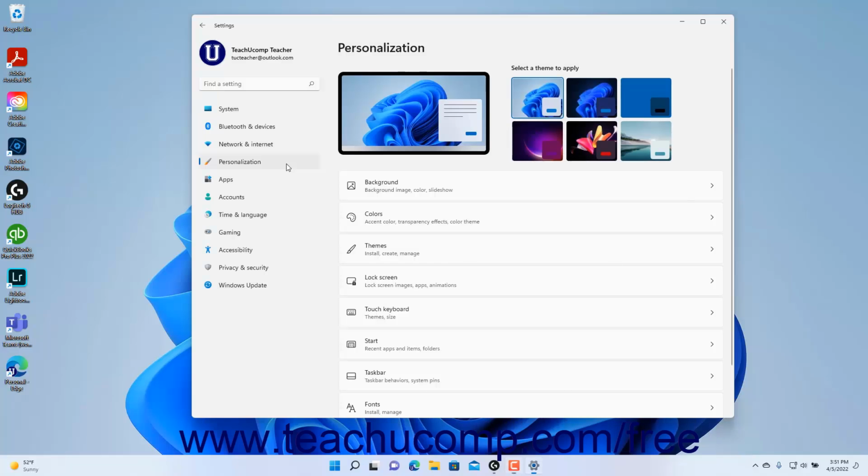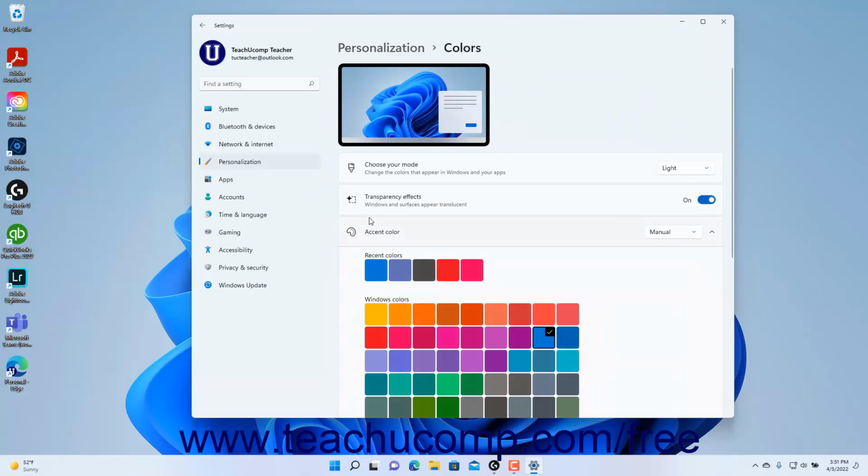www.teachucomp.com/free. To view the colors settings in Windows 11, open the Settings app window and then click the Personalization button at the left side of the screen to show the personalization settings for your computer to the right. Then click the Colors button to the right to show the color settings at the right side of the Settings